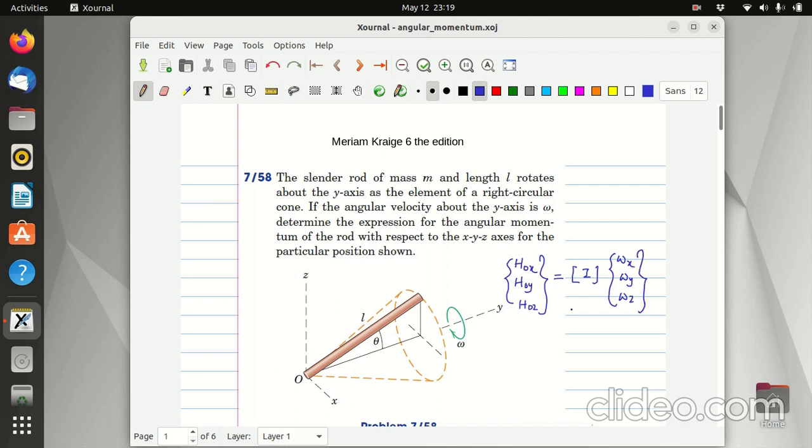Now the problem is how to find this I about O